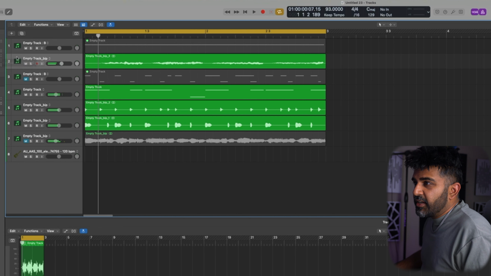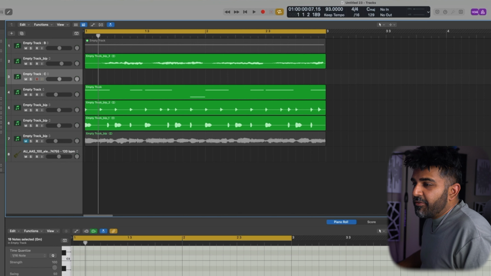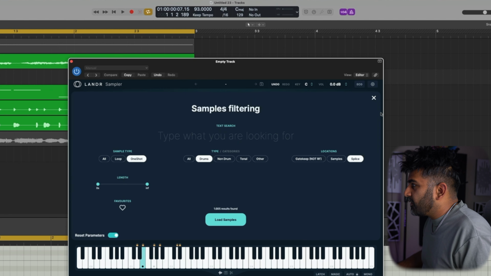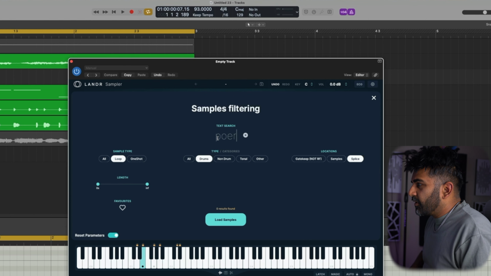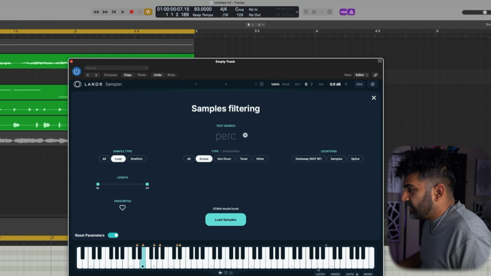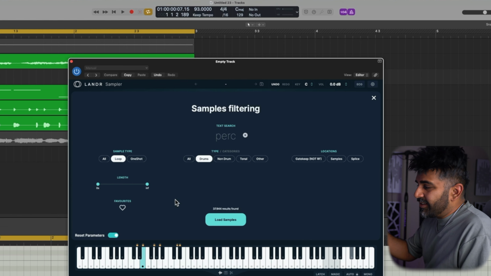And now let's go ahead one more time into the drum one that we had. And I have everything I need, so I don't really need all those. But what I'm going to do is go to advanced filters, and I am going to reset parameters right here. We're going to do loop, and we're going to do percussion. And we're going to say drum. I don't care where you take it from. So, boom, load samples. It's 37,000 samples that I have. So it's going to take some time for it to randomize it and pick it across the keyboard. It's not terrible, but